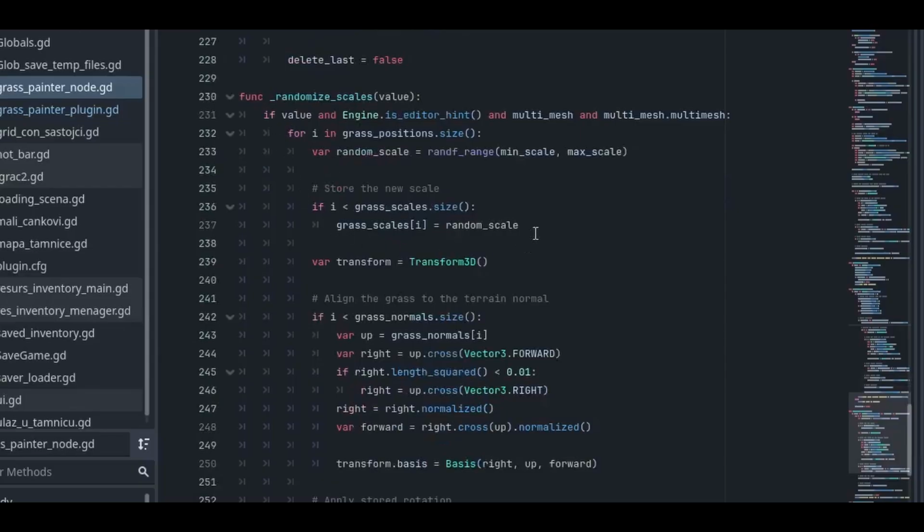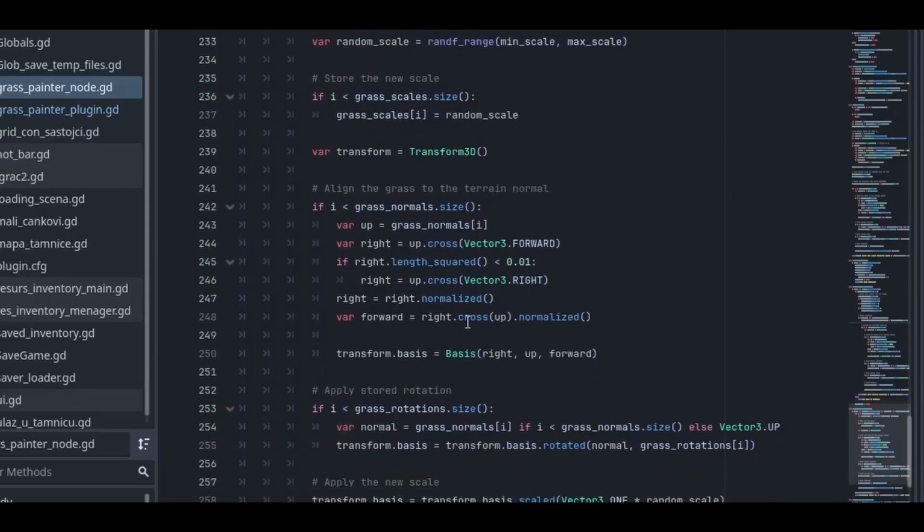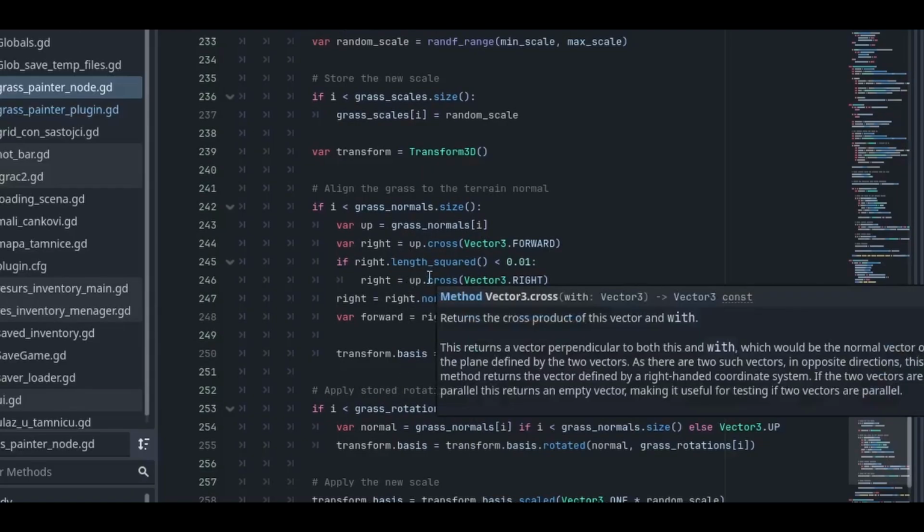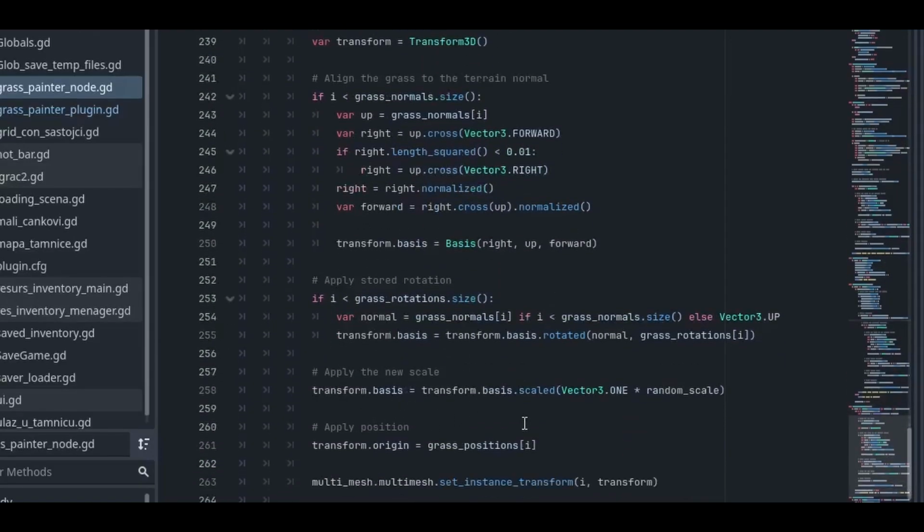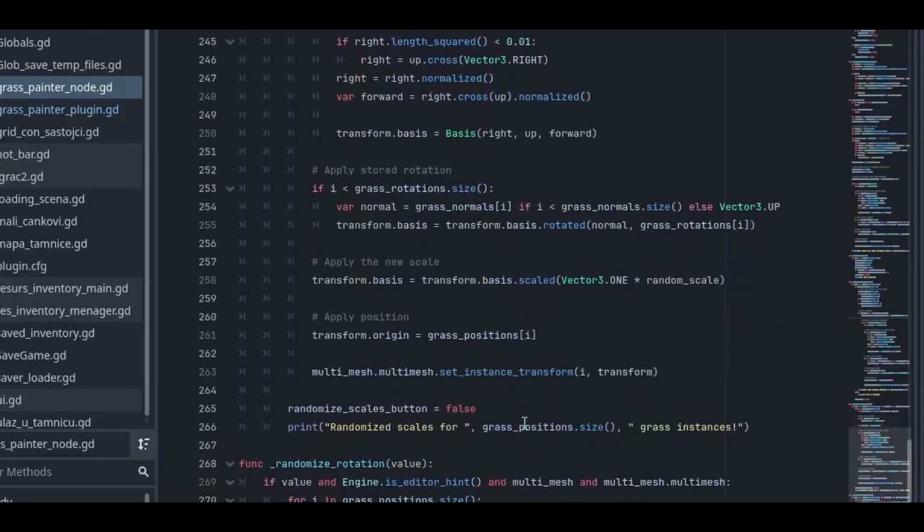So here we are doing the same thing as the other functions, and here this is the function for randomized scale. It's basically the same thing. It just loops through all the instances, applies this fix for Claude, and applies scale and everything, because every single time we change rotation or scale we need to apply every single saved value, because otherwise multi-mesh will just